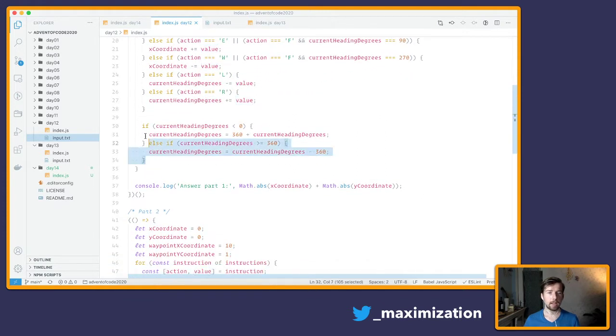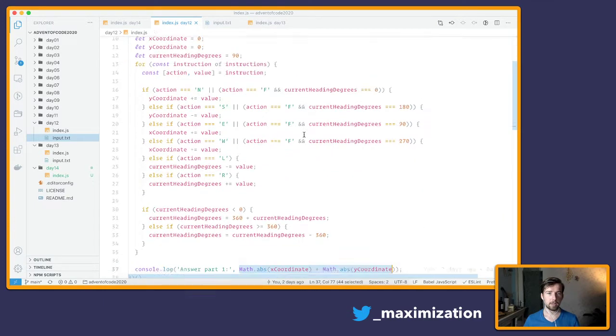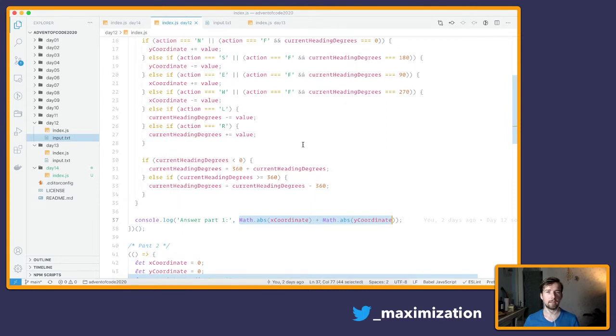At the end, I would basically mod wrap around the 360s, because if I would be over 360 degrees, say 450, then I would say 450 minus 360 results in 90, which is the same thing. So I just wrapped it around, and I did that in case the value was below 0, then I wrapped it around the other way. And then I computed the Manhattan distance here. It was pretty simple and fun as well. I love puzzles like these that involve grids and